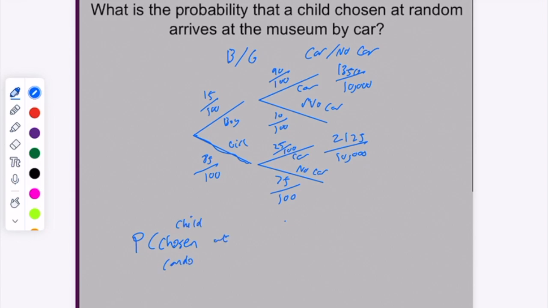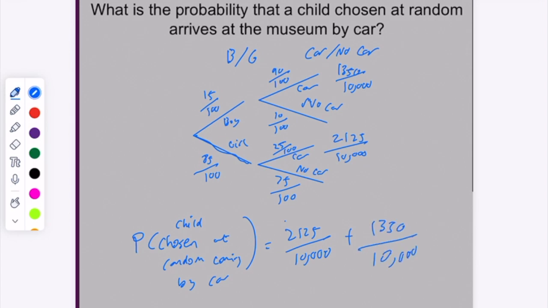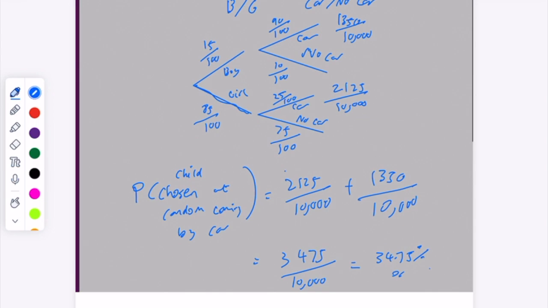To complete the question, if we want the probability of a child chosen at random coming by car, all we need to do is simply do 2,125 over 10,000 plus 1350 over 10,000, which would give us 3,475 over 10,000, which simplifies to either 34.75% or 139